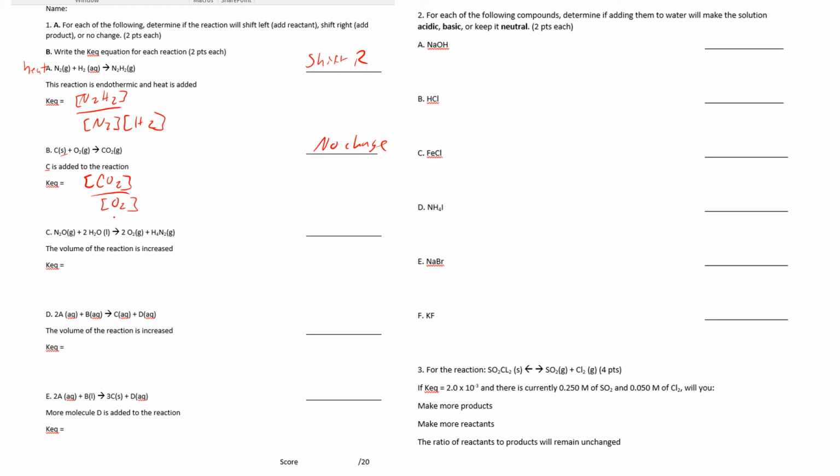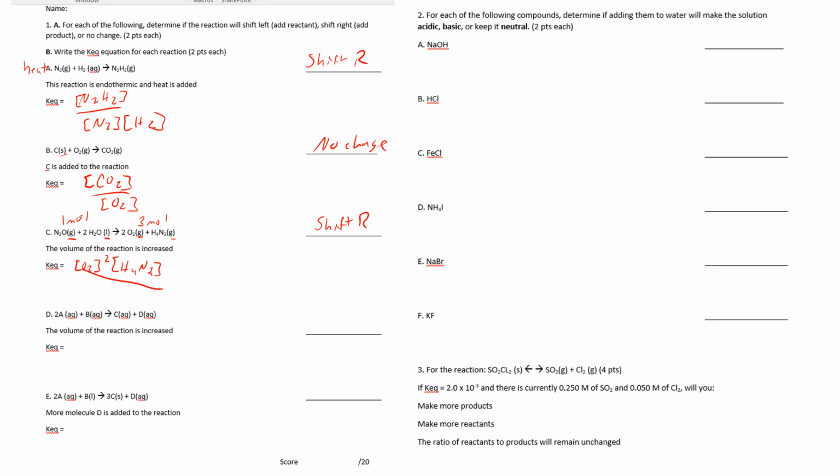Alright, C, the volume is increased. So we have 3 moles of gas over here, 1 mole of gas over here. Be very careful about these state symbols. So if the volume increases, it's going to the side with more gas. So this is shift right. KEQ, liquids aren't in KEQ, so it's O2 squared